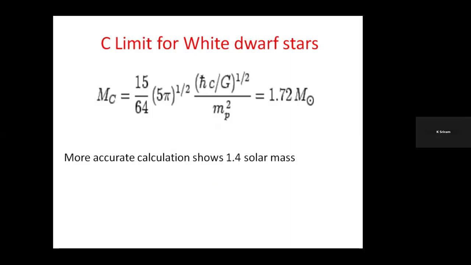This is the equation I was talking about. You can see the right hand side is absolute constants. Nothing you can change: the Planck constant h bar, c, or G. It requires a lot of physics, because G comes into the picture because of Newton, h bar is because of quantum mechanics, and c is the speed of light. When Chandrasekhar derived it, it was of the order of 1.272 solar mass. But if you consider more advanced astrophysics, it comes out to be 1.4 solar mass.